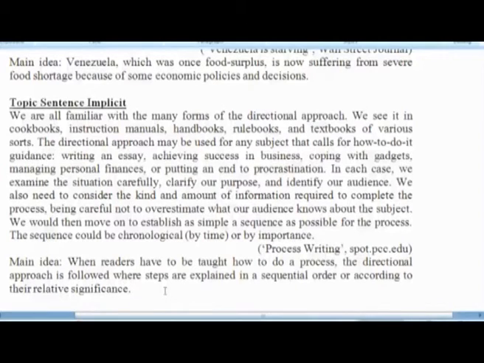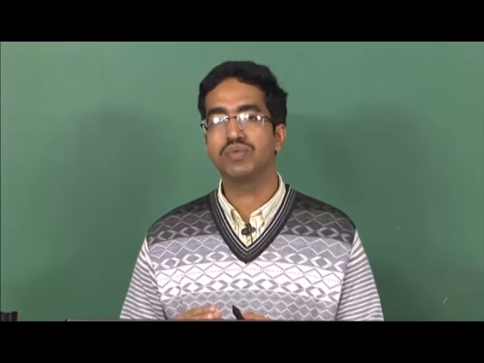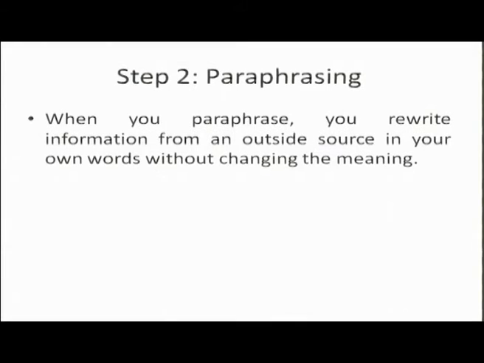So, this is the first step in making notes. You read something, you identify the key points, and you remove the subsidiary or the unnecessary information at this stage. Okay. Moving on,